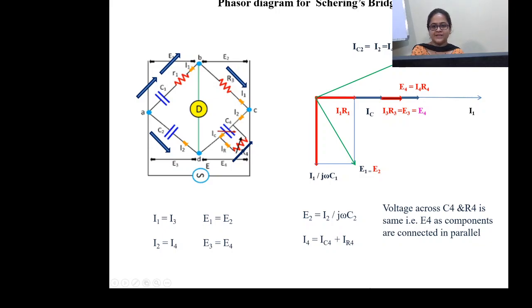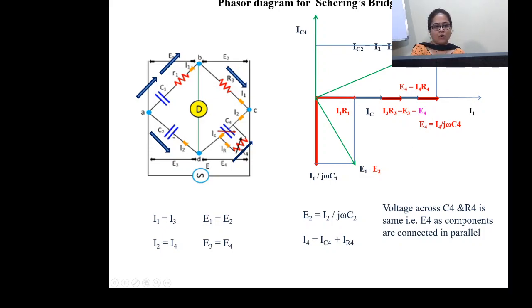This is the same phase for IR. So we know the phase for IR, we only need to know the phase for IC. This is the same phase for voltage across C. So if this is the phase for voltage across C, then current will be leading. Okay, if current is leading, denoted by IC4. Now we have IC4 and we have IR. Addition of these two will give you I4 again, which is the same phase that we have drawn earlier.